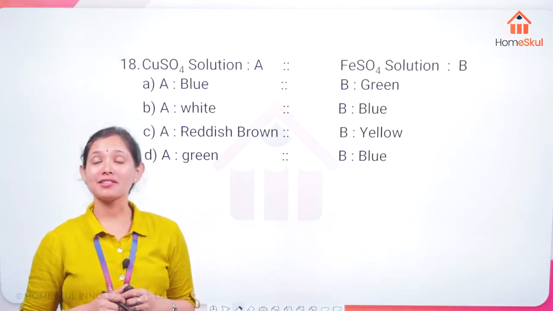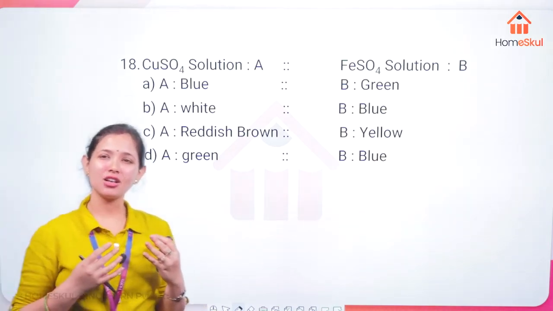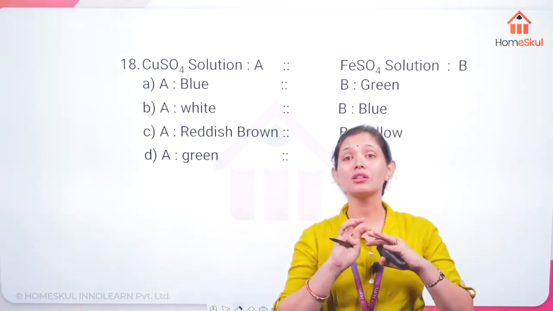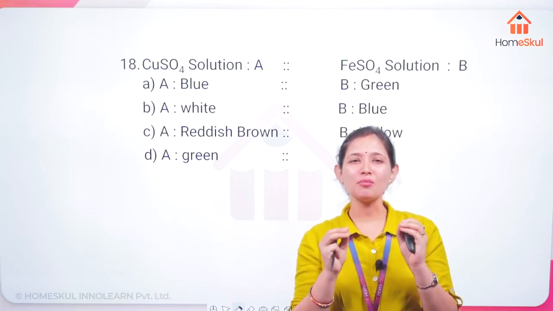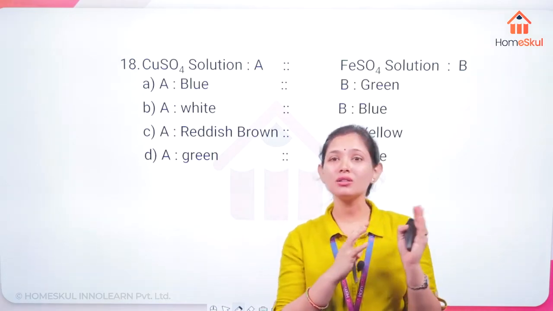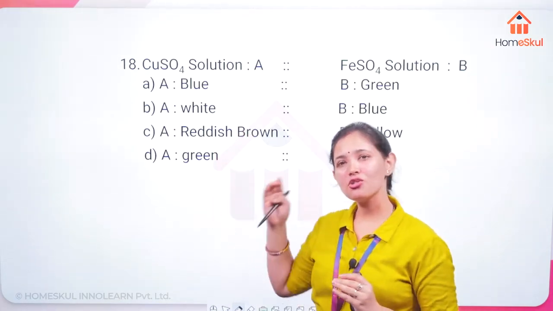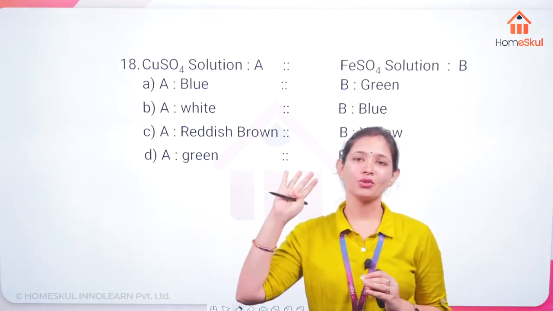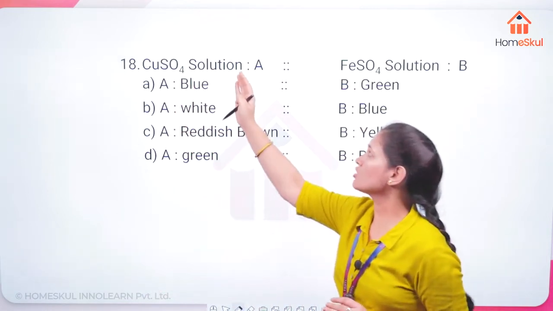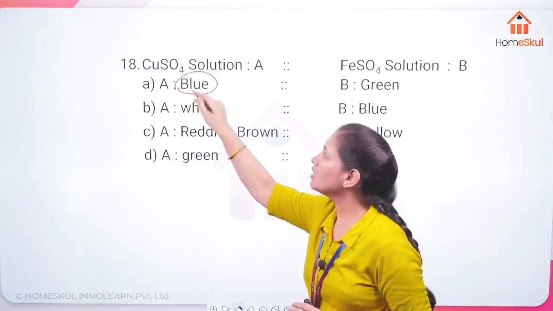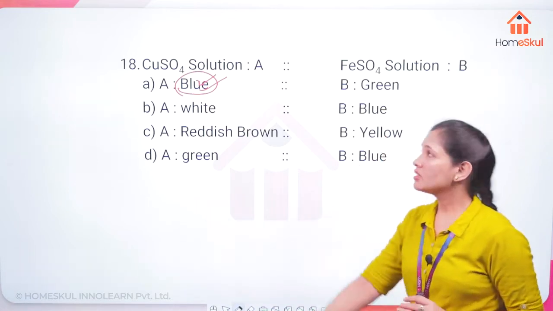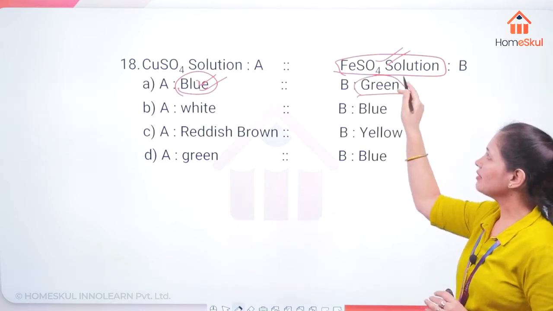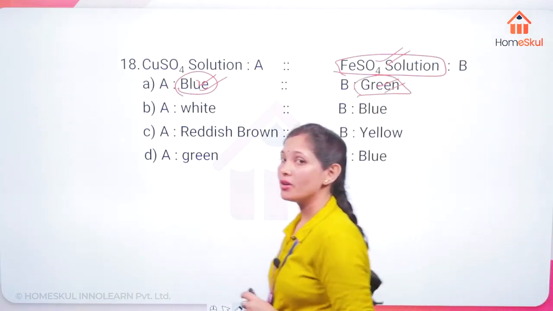So now I think you are getting that all the things which you have studied in chemical reactions and equations, those simple activities, they can connect in such a manner that you have to just correlate with the normal equations and give the answer. Here CuSO4 solution is going to be blue in color, we all know this, and this ferrous sulfate solution is going to be green in color. We are aware of these colors very well.